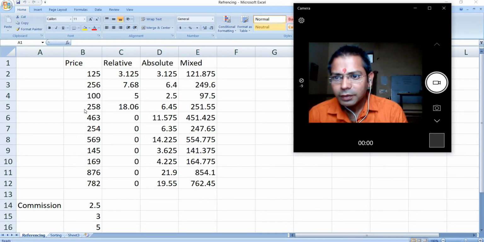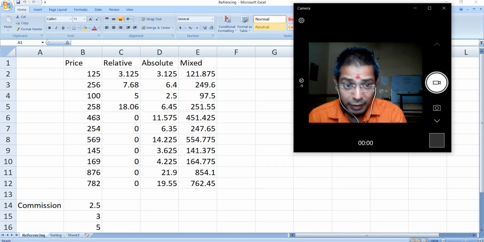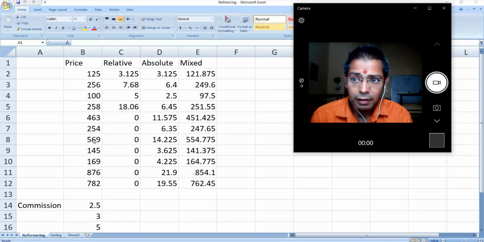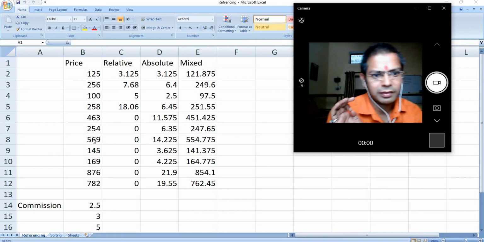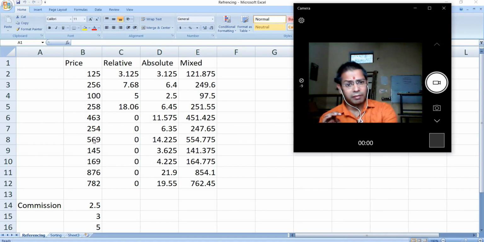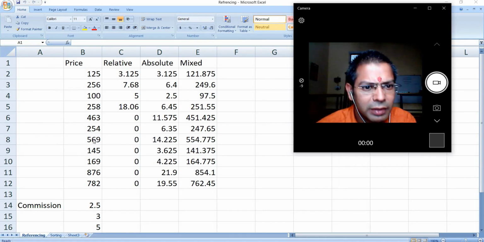I have taken one example to help you understand the relative, absolute and mixed references better. By default, it is relative referencing. So cell referencing is divided into three parts: relative, absolute, and mixed.